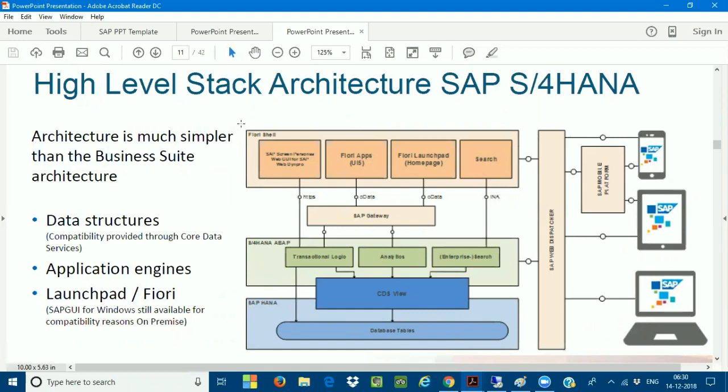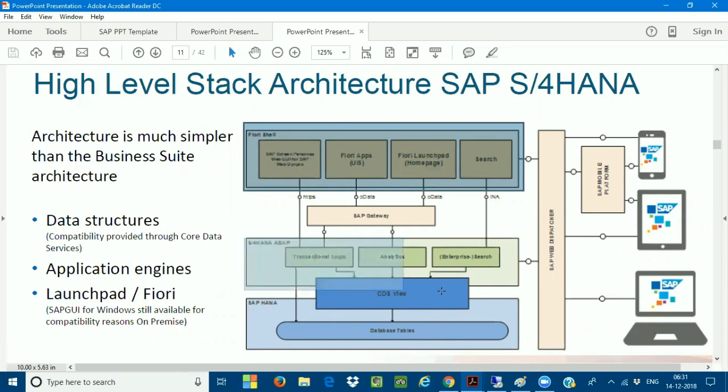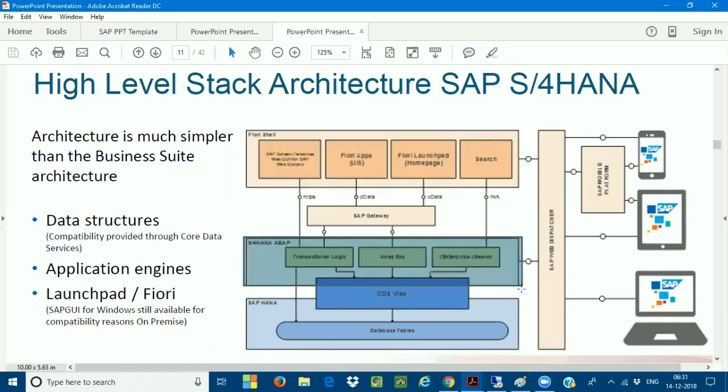The front end will always be your Fiori shell. This is where you can access your Fiori applications for posting transactions. Some customizations can be done directly in Fiori for analytical reporting, or any kind of transactional data. From today onwards, we are using Fiori as an application, the front end, which is connected to your SAP S4 HANA ABAP stack. This is going to be called your ABAP middle layer.